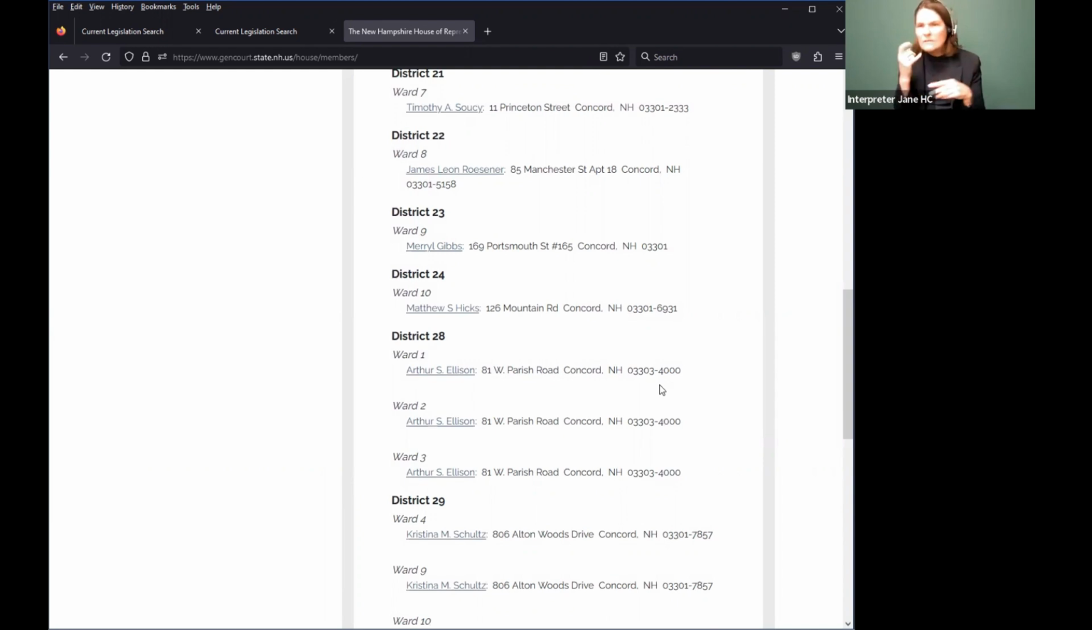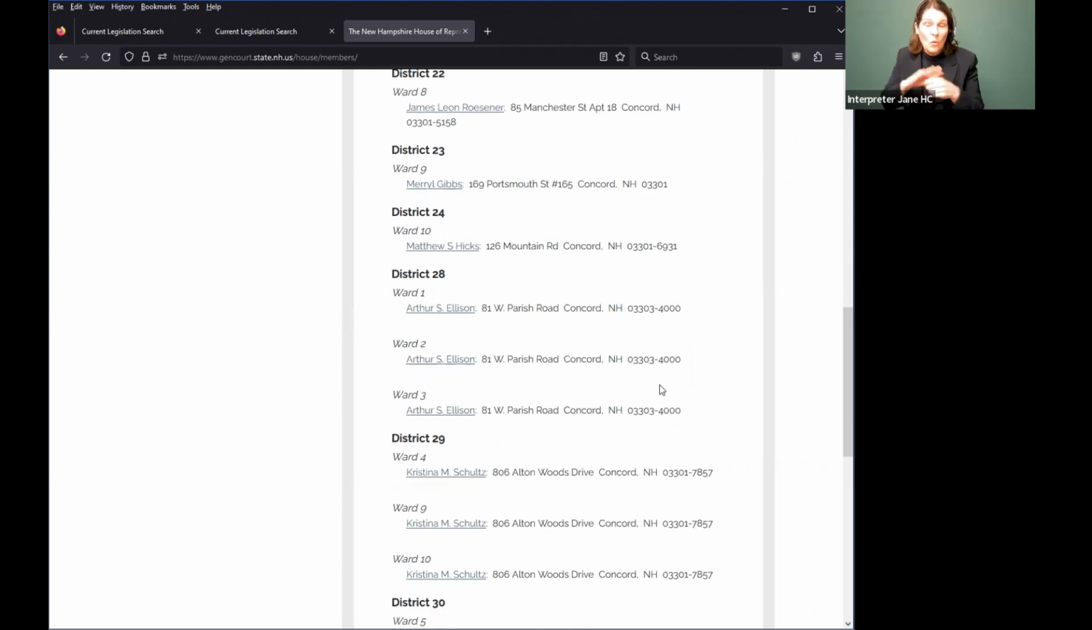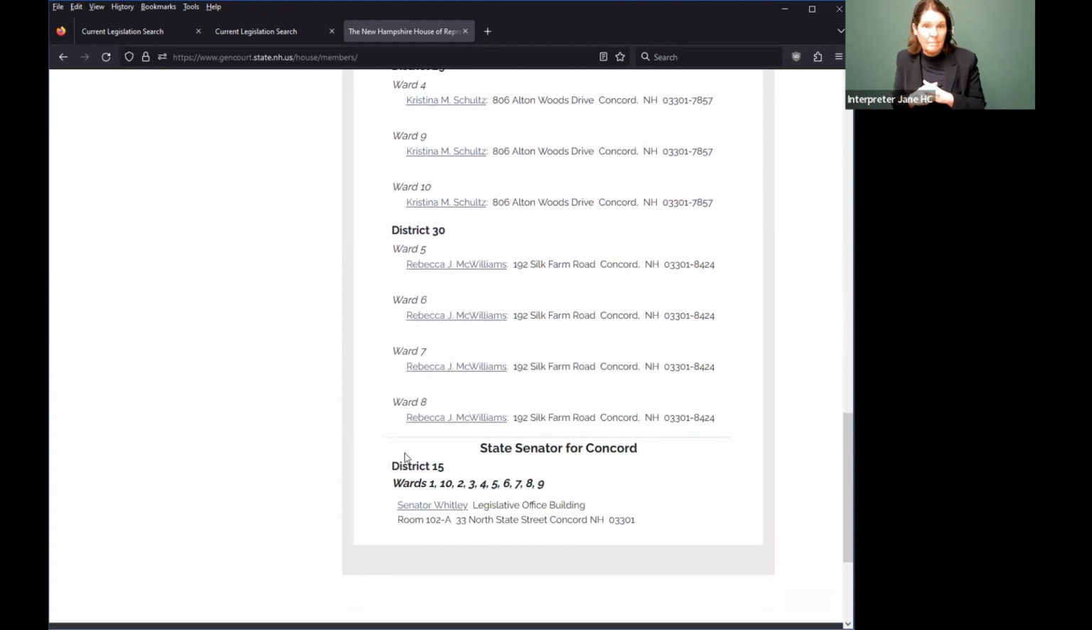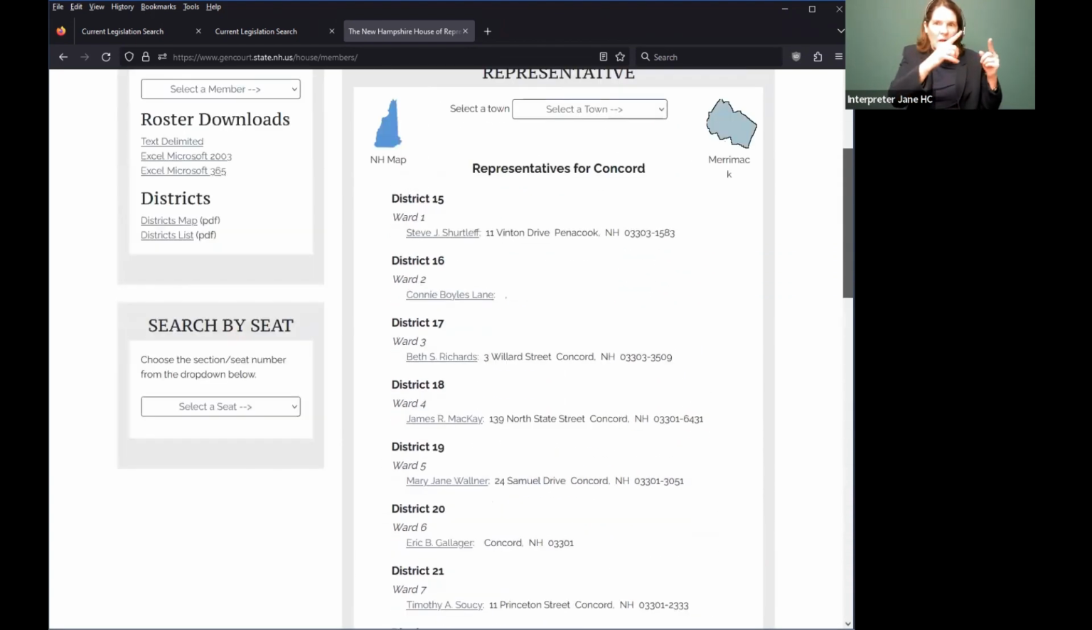If you don't happen to know which ward you live in, you can go to your town's website. Most town websites will have a map or directory breaking down which streets are in which ward and all that, or you can contact your town clerk. And the nice thing is, even though we're on the House side of the website right now, using that map will actually show us the state senator for the Concord area as well. So there's really no need to go to the Senate side in order to